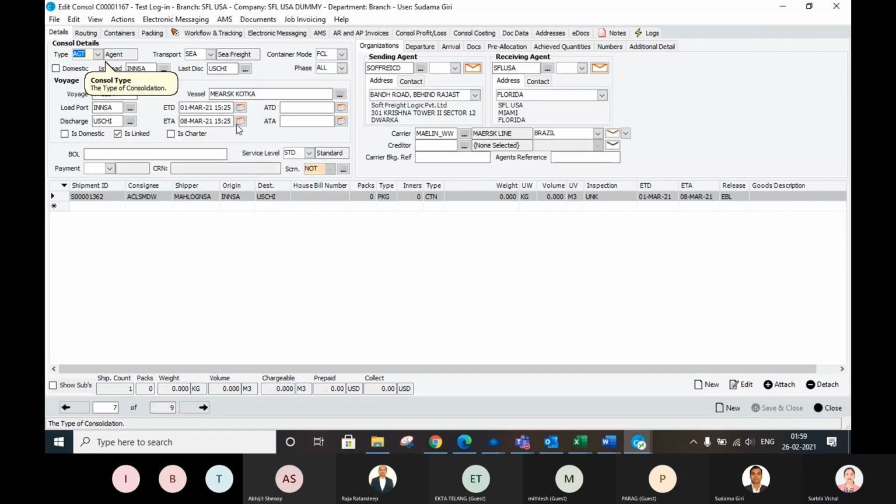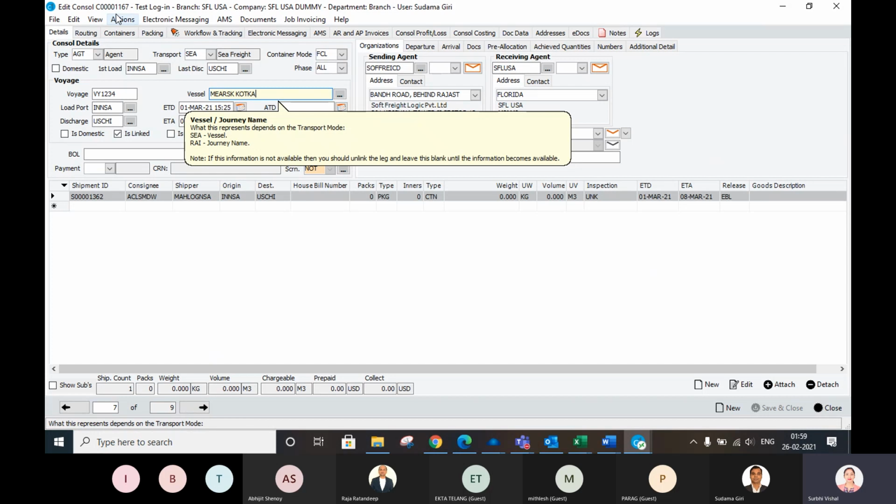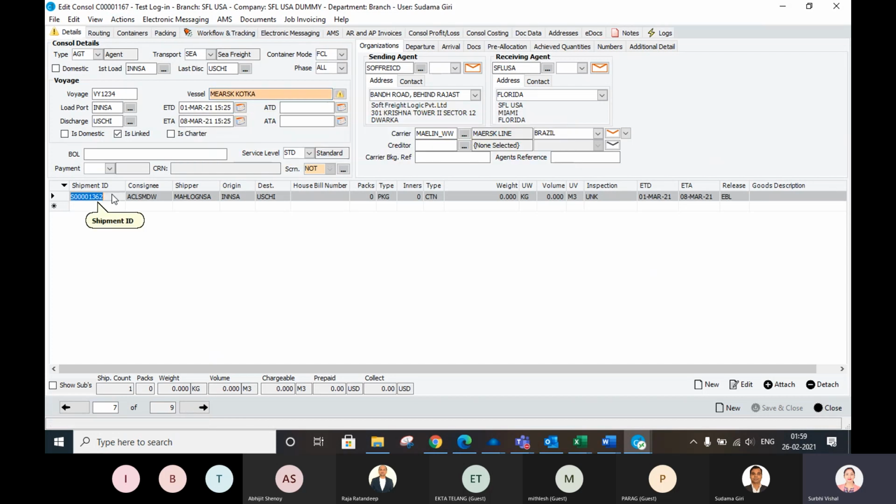So if you can see, the console number is created and a shipment ID is also given. These console numbers and shipment numbers can be customized as per your company's requirement.